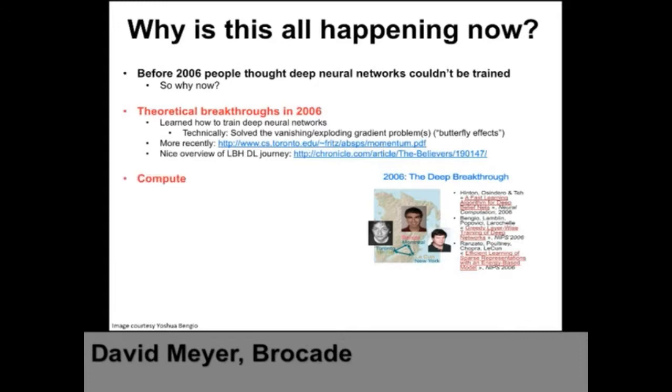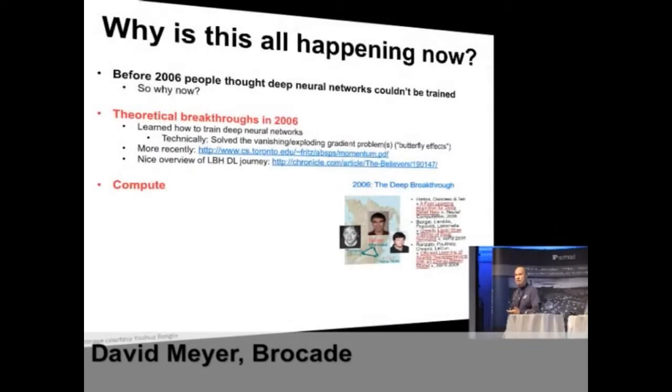So the first thing is we got these theoretical breakthroughs. The second thing is compute, right? Basically CPUs were millions of times too slow to do this 10 years ago. The other thing is we have parallel processing algorithms, Hadoop, whatever, MapReduce. And we have GPUs, and now people are saying, well, we could actually use FPGAs for this. So even more cutting edge than this is FPGA technology.